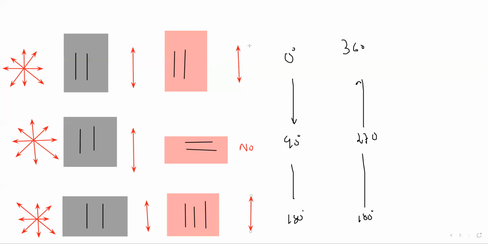So it depends on the plane of the two polarizing filters. If they are the same, then they will allow. If it is 90-degree, it does not allow, at 180 again it allows, at 270 it does not allow. Is it clear? This part, the rotation of the polarizing filter, which results in light and no light.